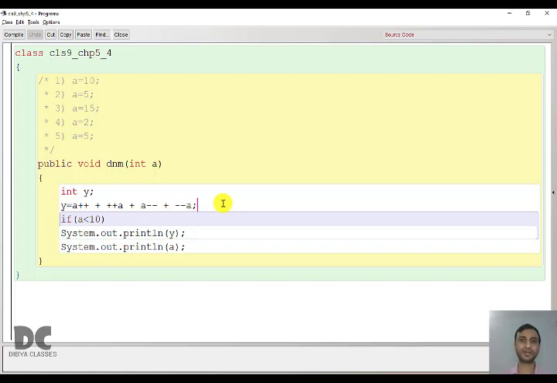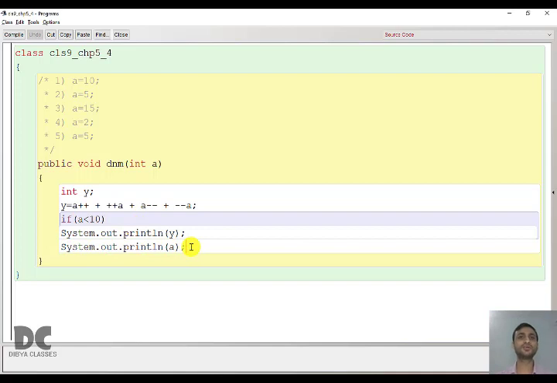So sometimes the program is shorter than you expect. You don't have to solve the whole program every time. Sometimes you have to use your brain and check what the question is, how to solve it, and how to save time. People say that the question is lengthy. The question is never lengthy; it is the way you solve it. Here, for example, the question was a equal to 10, and if you solve the whole program you will say that the program was lengthy. No, because in this case you don't need to solve y. Why waste time in solving y? You don't need to print y, because the condition will become false. You just have to print the value of a.